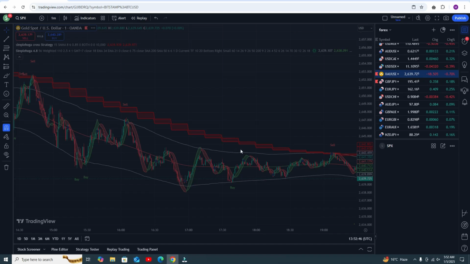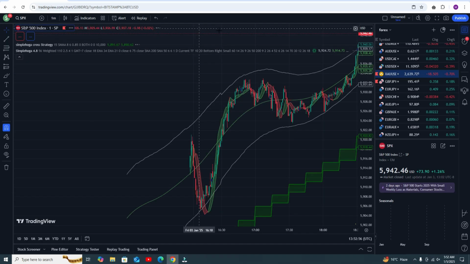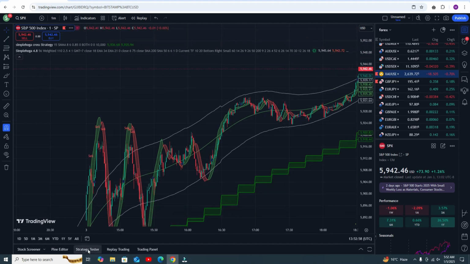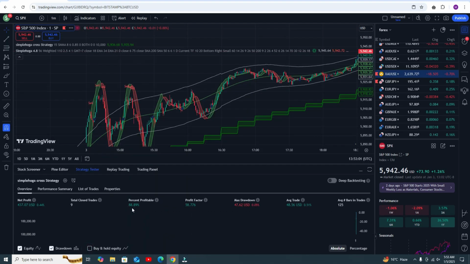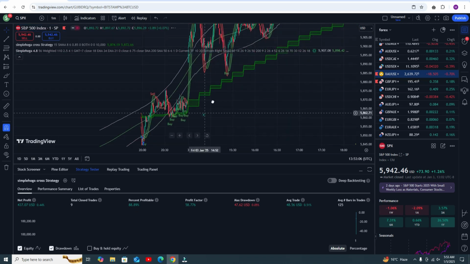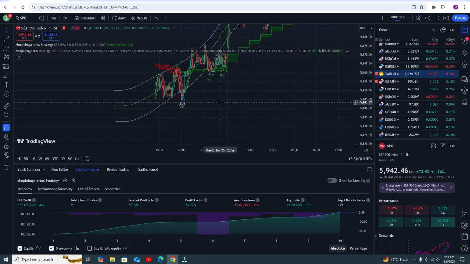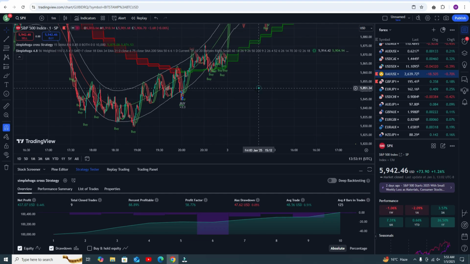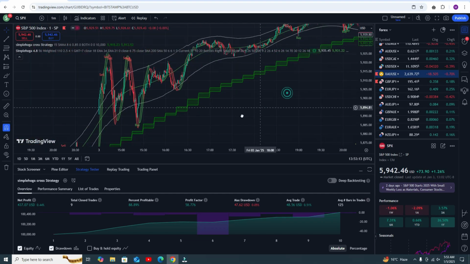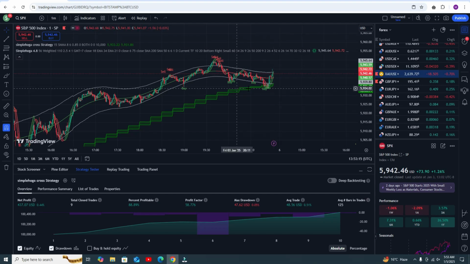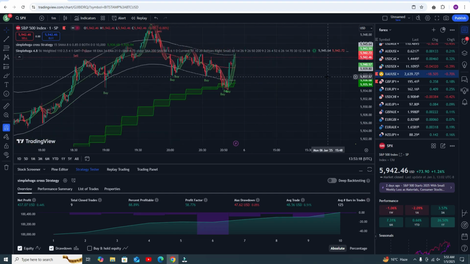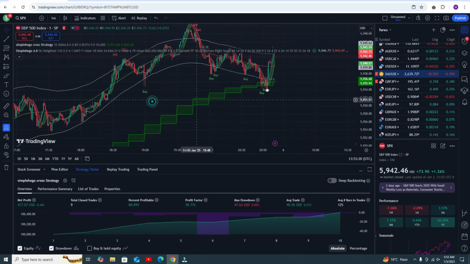It's still loading, but you can see it will be fine in a few seconds. Okay, fine, go ahead. Now go to the strategy tester, and you will get an accuracy of around 88.89. Watch out, that is awesome. You can see those were the most recent trades, and you can see the results.